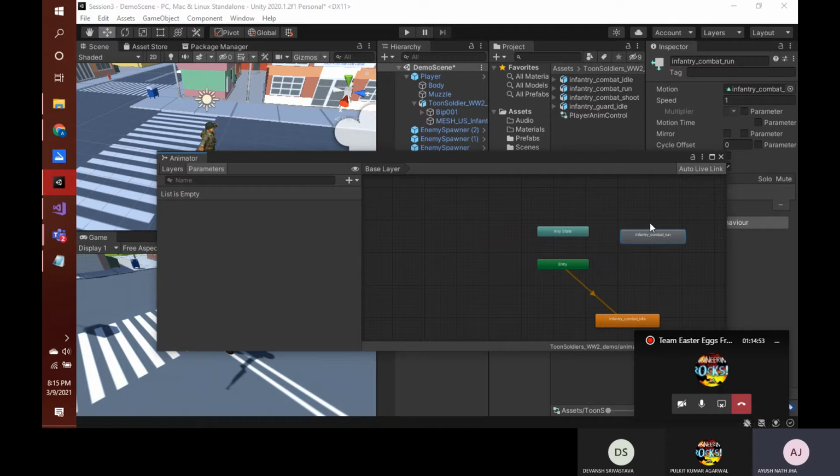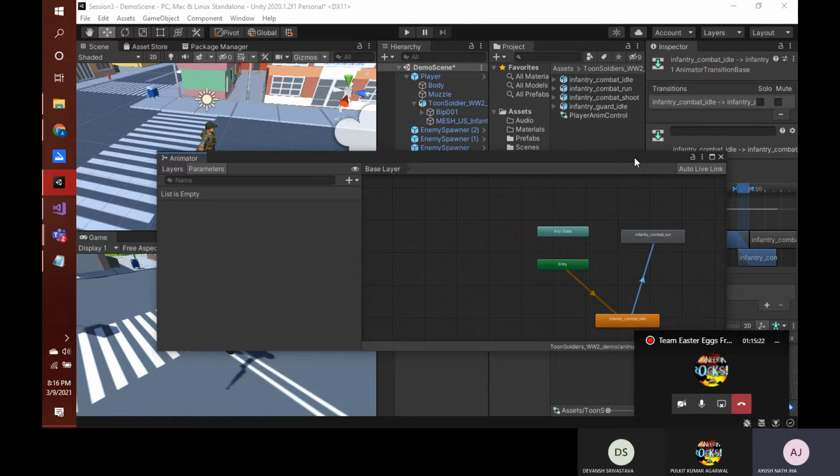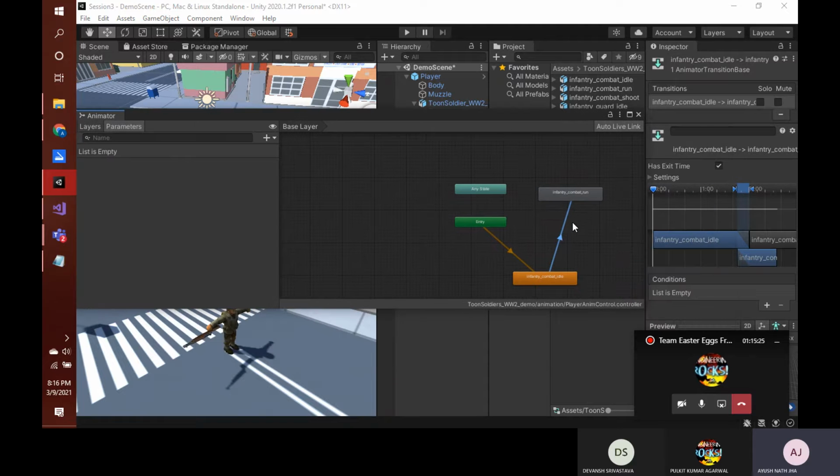So for that, to set a node between these, we just click on this infantry combat mode, right click on this infantry combat mode, click on make transition, and then use this node to connect it to infantry combat run. Okay, now as soon as this animation finishes, it will go there, but we need a condition based transition, right? So if you click on this arrow,